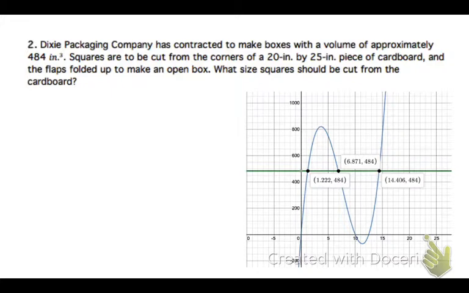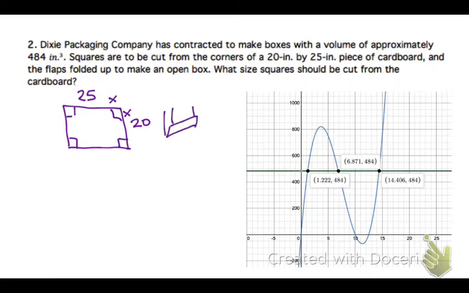So when we start this problem, we're going to start with a box. We have to cut away squares out of the corners. And then these entire sides are going to have the dimensions of that piece of cardboard, so 20 and 25. So if I think about visually cutting the corners away and then folding that box up, the box is going to be however big I make these squares. So that's what causes that volume to change. So length times width times height. Again, if I had that box,